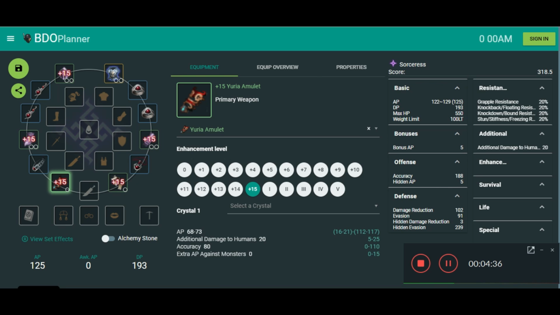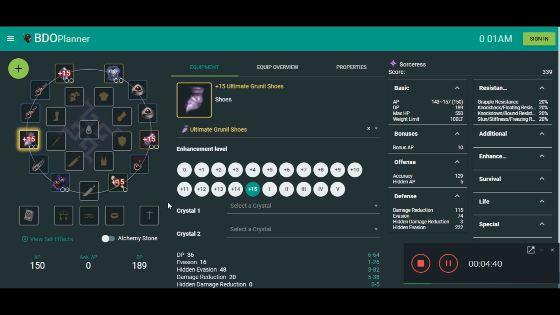From this armor set, what we're going to look to do now is take big jumps in gear. So the next armor set we've got, this is the same plus 15 Grunil with the Abyssal weapon and the plus 15 Talisman. The next logical step though is to